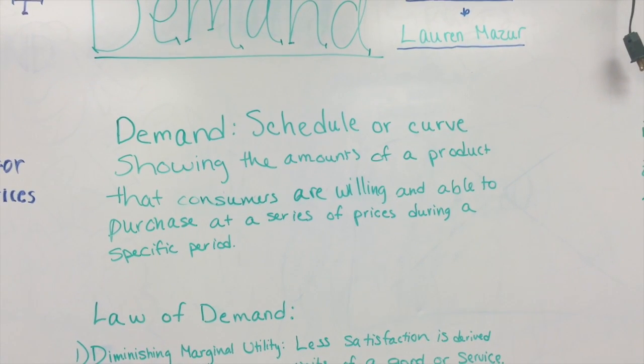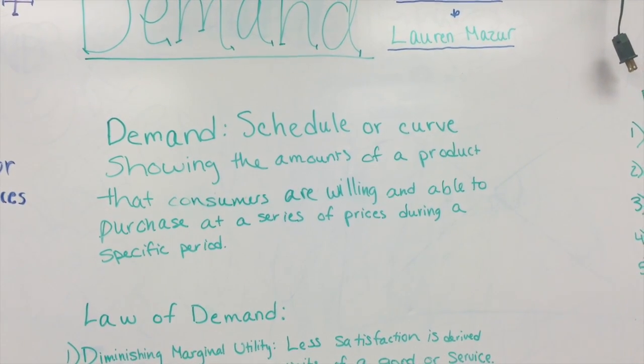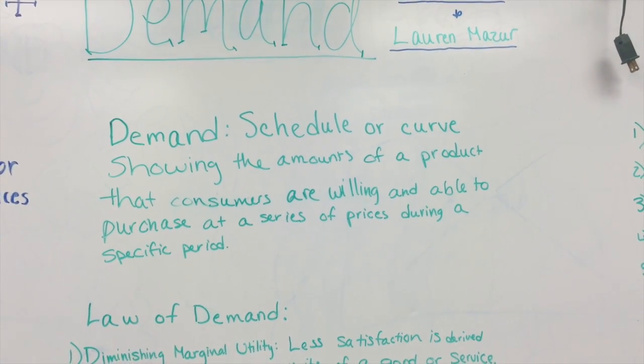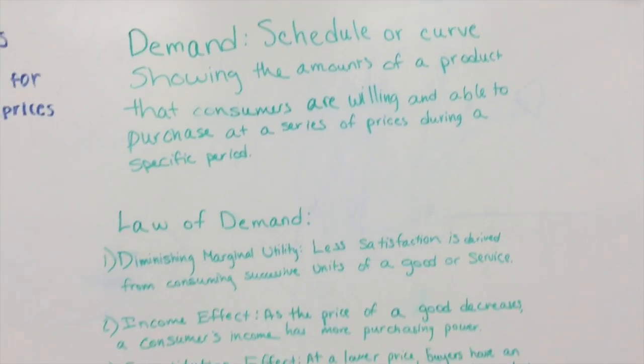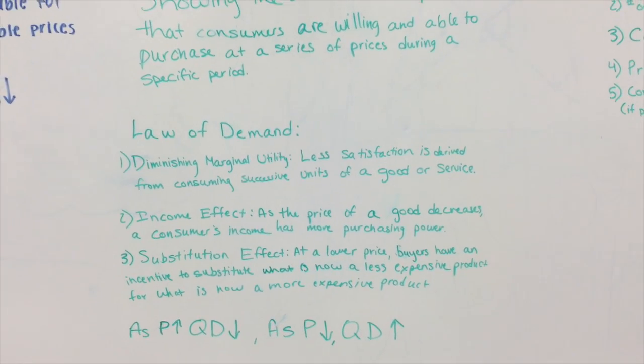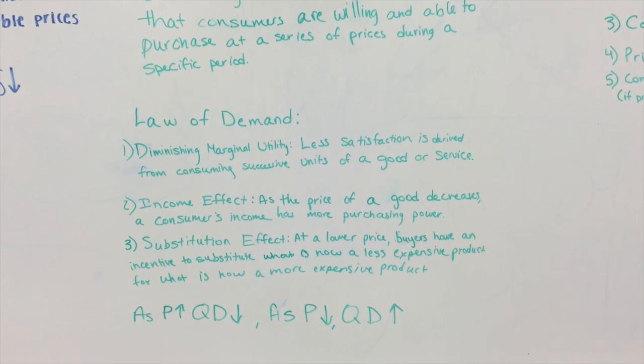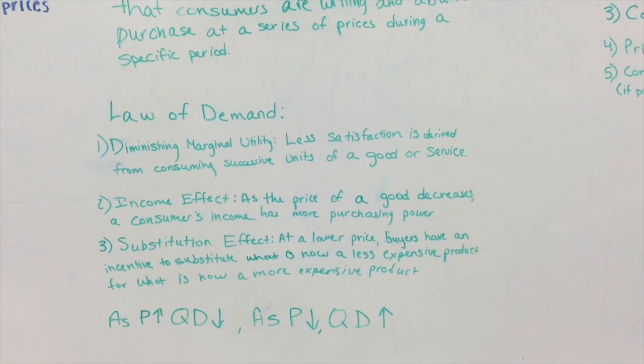The definition of demand is a schedule or curve that shows the amount of a product that consumers are willing and able to purchase at a series of prices during a specific period. There are three reasons why the demand curve itself is downward sloping, and those are diminishing marginal utility, which states